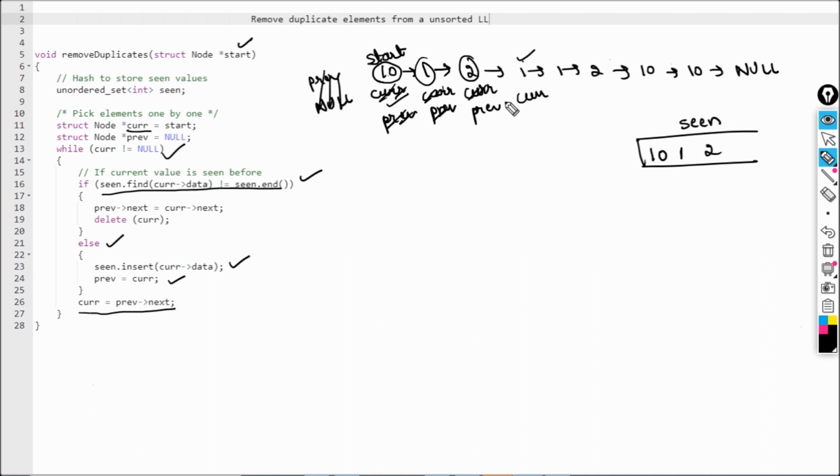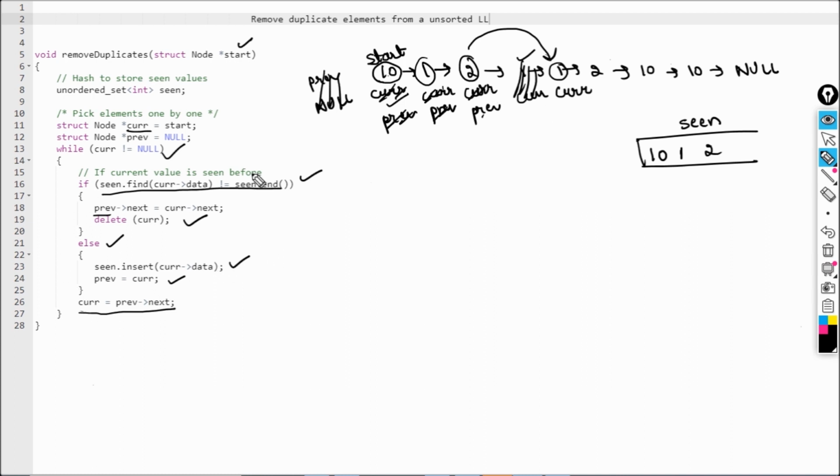What we need to do is create a link from here to here, right? So we have done it using this in previous next. Push current's next. So this is current's next, and in previous next we have done this thing. And then you need to delete current. Okay, delete current, and do current is equal to previous next. So this is previous and this is previous next now, because this has been removed, right? So now my current will be at this point, and previous will be here.